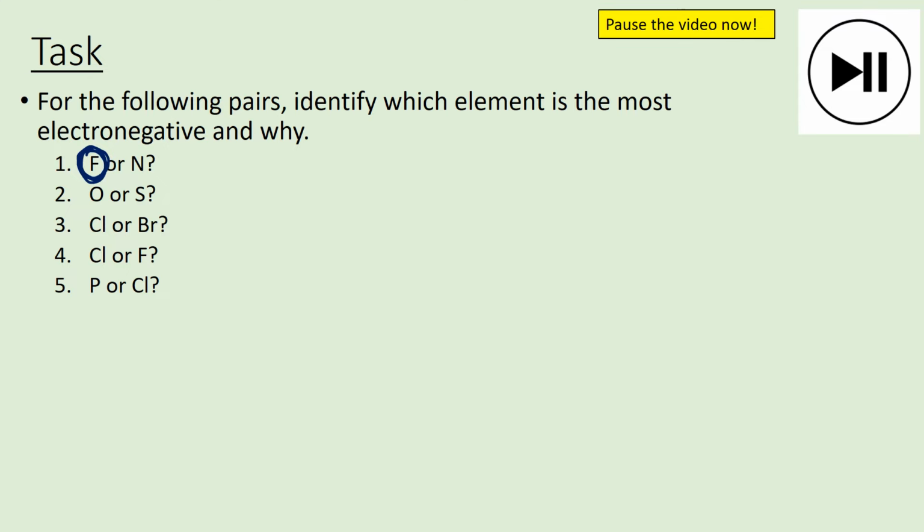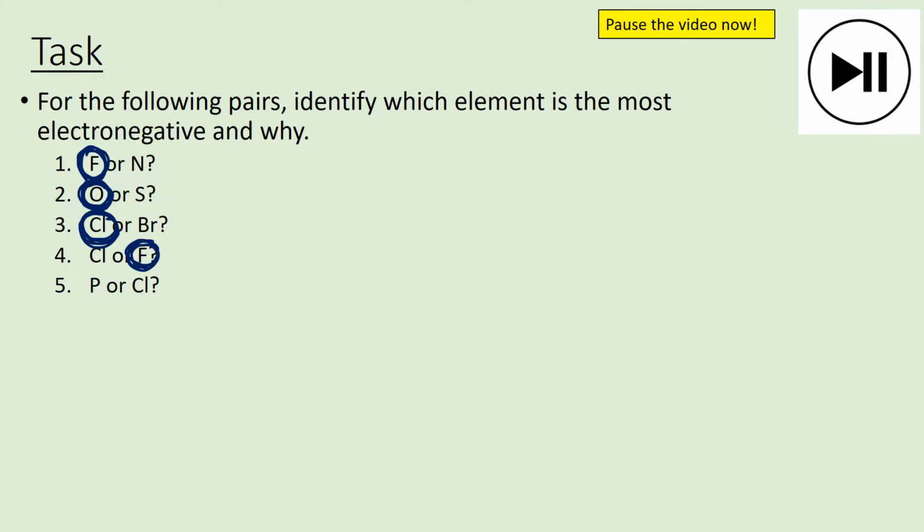Right, O or S. And again, O is above S. O has less shielding, has a smaller radius, therefore O is more attractive to the electrons in a covalent bond. O is more electronegative. And for the exact same reasoning, Cl and Br are in the same group. Cl has a smaller radius, less shielding, it will be more electronegative because it's more attractive to the electrons in the covalent bond. Cl and F, this time F is above Cl. It's got a smaller radius, it's got less shielding,